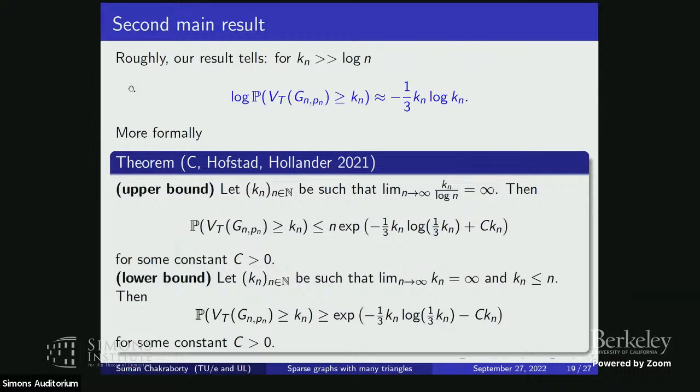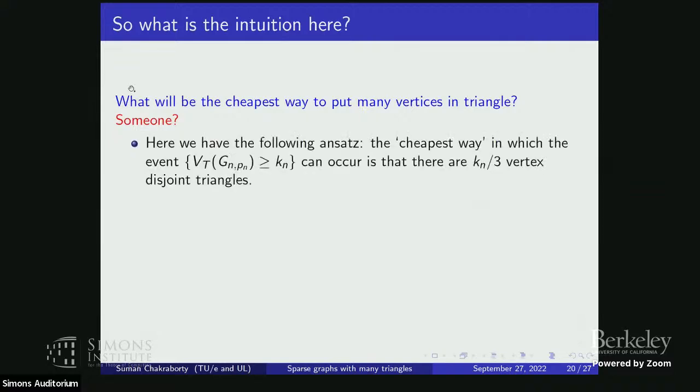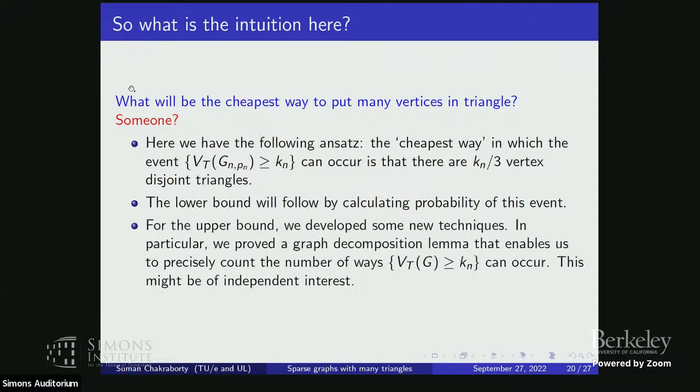For this, we have to come up with a decomposition lemma, which is completely combinatorial. Basically, we need some sort of compactness when we do this, so we need to throw away the bad graphs. How do we throw away the bad graphs? Through that decomposition lemma. But I'll come to the decomposition lemma if time permits and interest is there. Okay. So I more or less explained what I wrote here. Calculating this lower bound is easy. You just sit down, you can compute it. And the upper bound is via the decomposition lemma. So let me just go briefly into it.